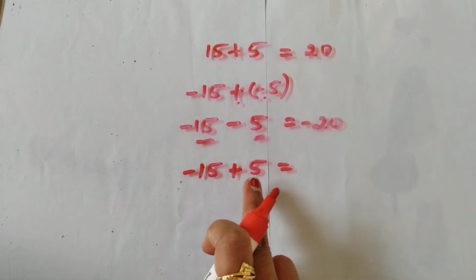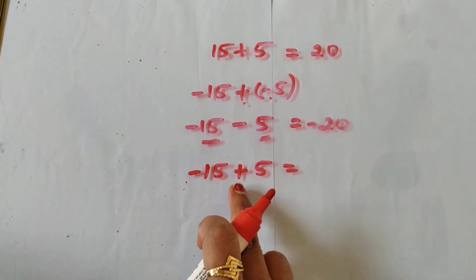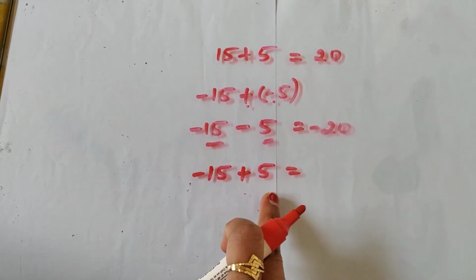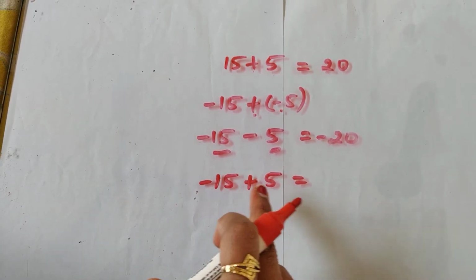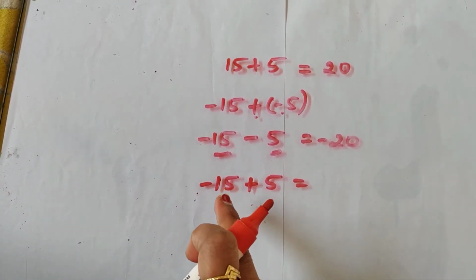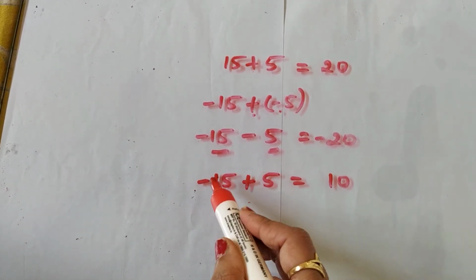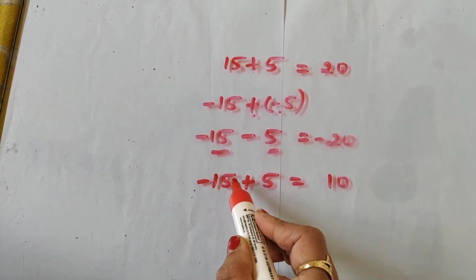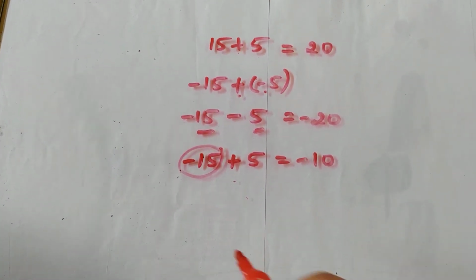Okay. Now minus 15 plus 5, both signs are different. In this situation the addition operation is given here, but we subtract because both signs are different. So 15 minus 5, because 15 is numerically greater than 5, so always subtract smaller from larger. So 15 minus 5 is 10. But which is greater, 15 or 5? 15 is greater, we know that, and the sign of 15 is minus, so the answer is minus 10.